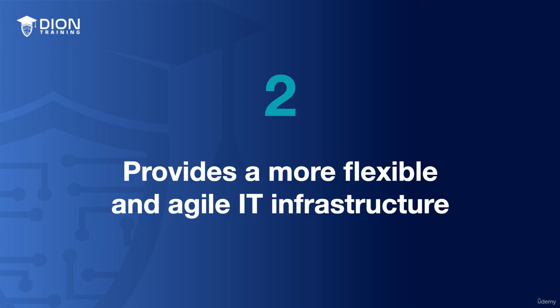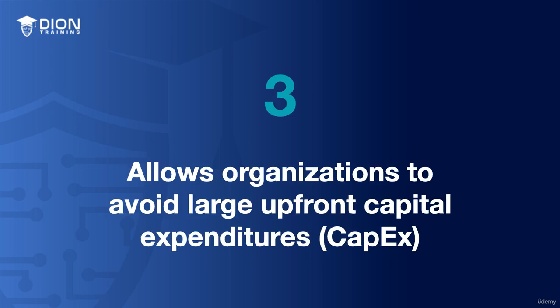Additionally, infrastructure as a service can also be more flexible and agile in terms of your IT infrastructure, and the resources can be quickly scaled up or scaled down based on your user demand. Another advantage of infrastructure as a service is that it allows businesses and organizations to avoid those large upfront capital expenditures, called CapEx, as well as the ongoing expenses associated with maintaining and upgrading those physical servers. Instead, an organization can simply pay for the resources they need to use when they need to use it, and this makes it much more financially predictable, and it shifts it from a capital expenditure over to an operational expenditure, which makes it easier to manage on a year-to-year budgeting cycle.